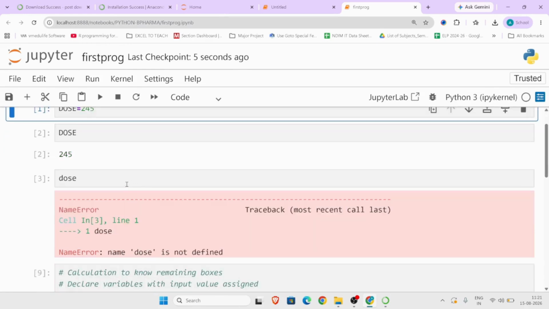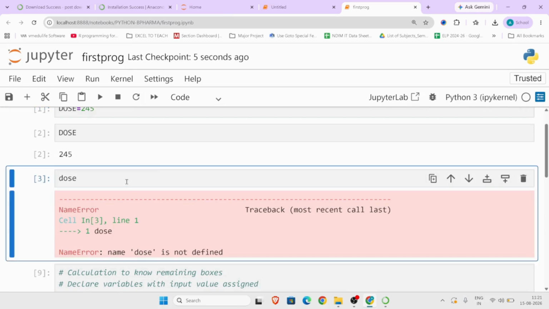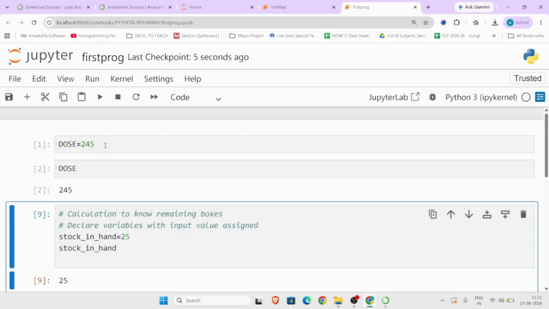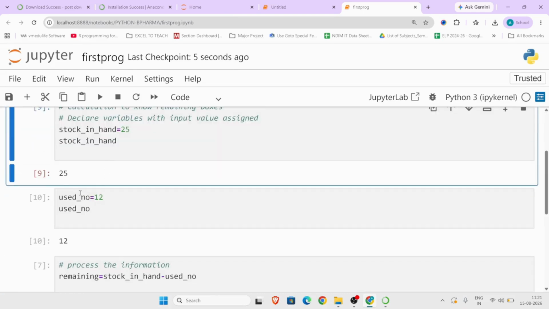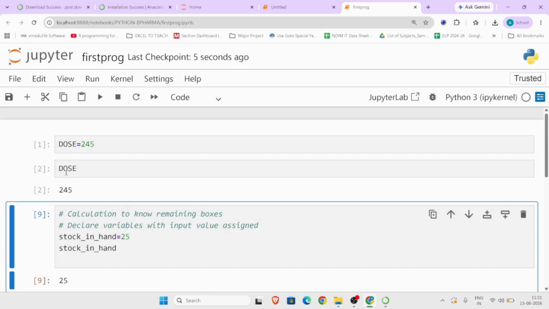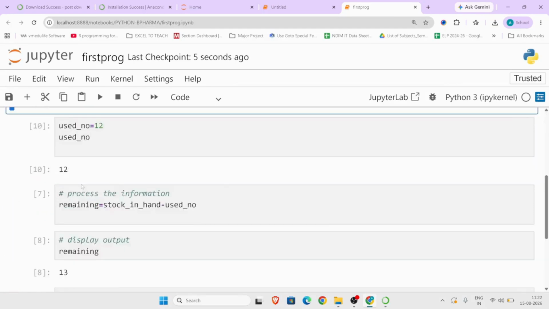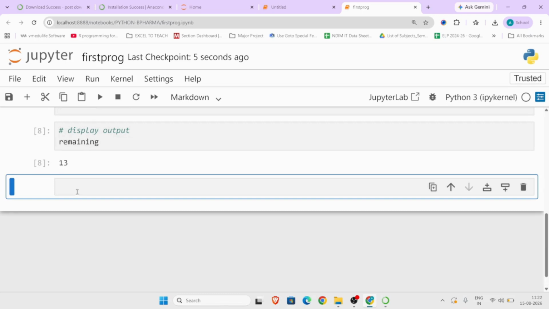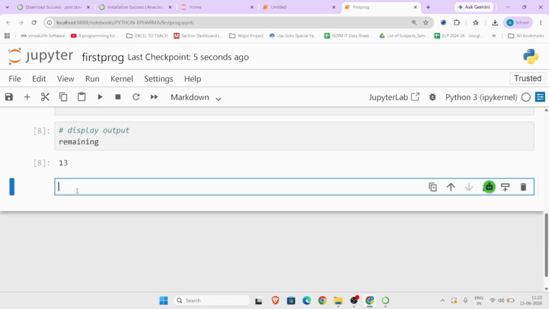If you want to delete this cell, you have to press escape dd. This cell will get deleted, right? Shift enter to execute the cell. You can take the cell values from one place to another also. And one option I want to tell you here, if you press escape M, now you are in the markdown. Here you can write down your program objective also, right? As a